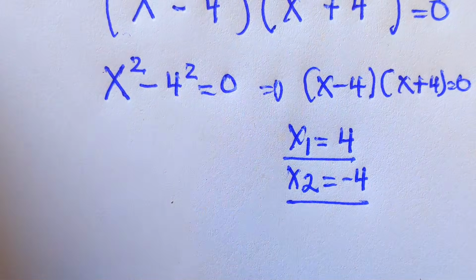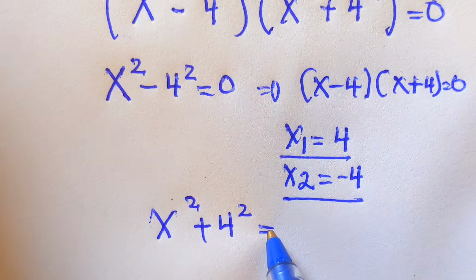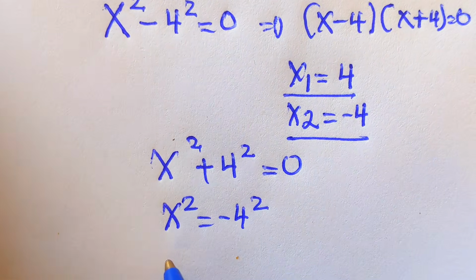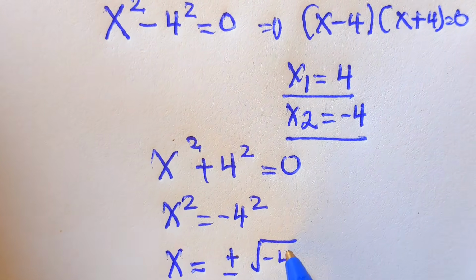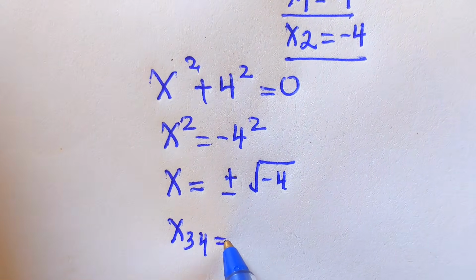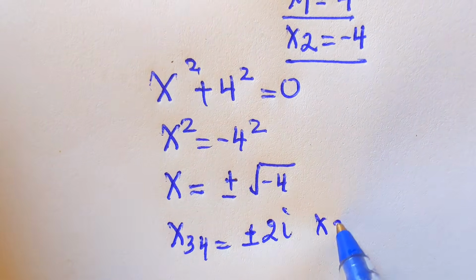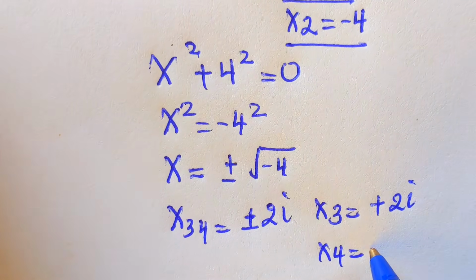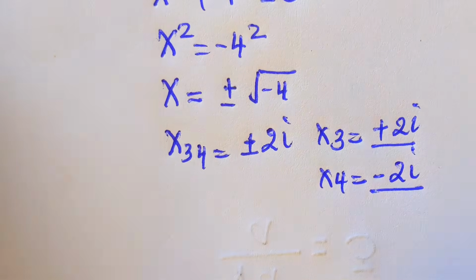And here we have another one: the equation x squared plus 4 squared equals 0 gives x squared equals negative 4 squared, and x will be positive or negative square root of negative 4, which is positive or negative 2i, so that x3 equals positive 2i, x4 equals negative 2i. So the solution set